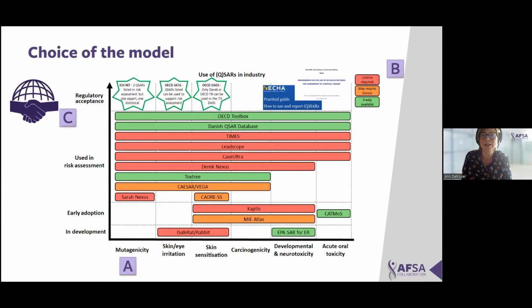it is important that a model has actually been accepted to the highest level of the regulatory instances that you want to submit your dossier to. If you're in the very early stages of safety assessment, you can use other models that haven't yet pushed through all the different degrees of acceptance towards these regulatory instances. But that is also a very important stage, and the regulatory acceptance, and how models get to that stage